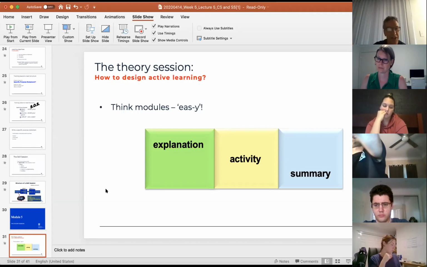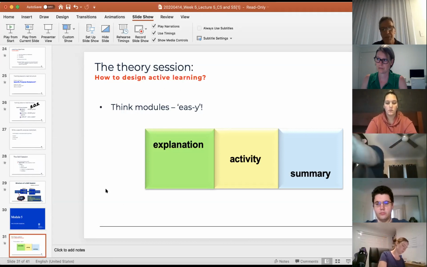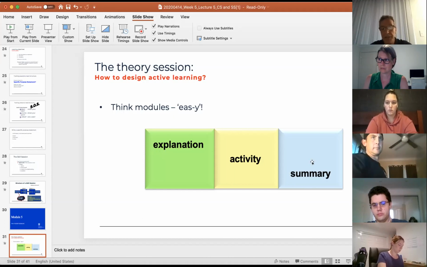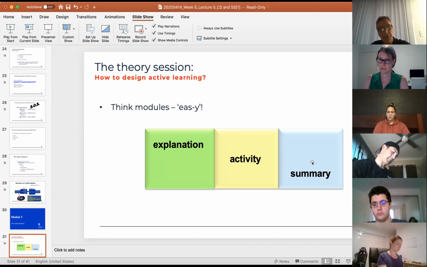So you'll notice in my session here, I've chunked it into those modules, so I'm using chunks. In each of those, there should be some form of EAS. And the activity might just be questions. It could be something where you ask people to do something more than questions. But if you have that, and then you do the explanation activity, and then at the end you reiterate the points. I'll do that at the end of the whole session, to summarize the modules and the chunks that you've been through. It just helps retention.